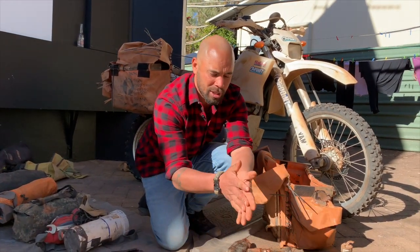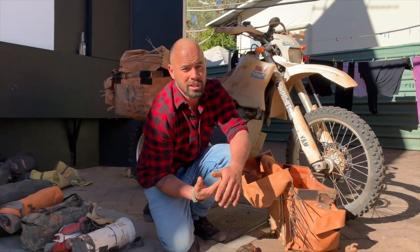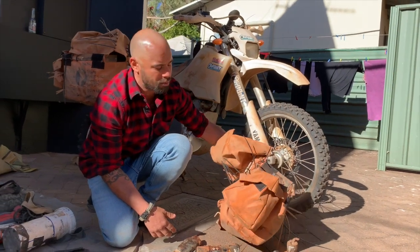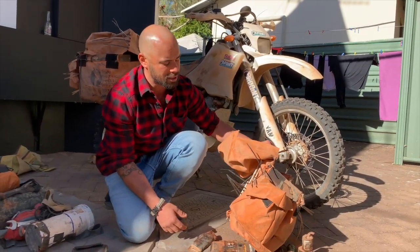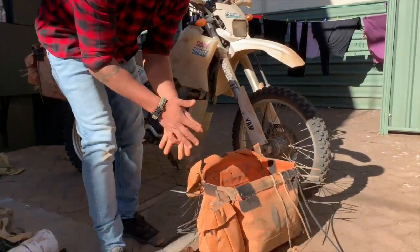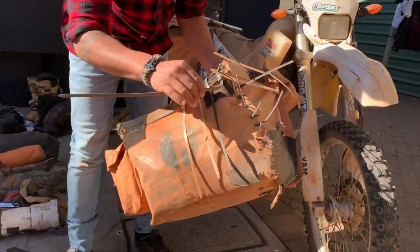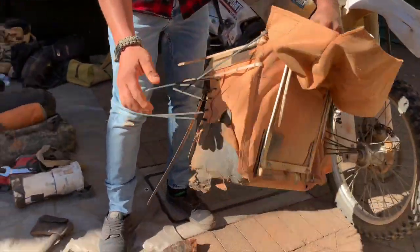So cable ties are your best friend. On the Canning Stock Route and coming across the Great Sandy Desert on the Anne Beadell Highway, I hit a lot of trees, a lot of termite mounds, dropped the bike, the saddlebags exploded. So I've pretty much used cable ties to hold my saddlebags together. So you can see on this saddlebag, there's pretty much cable ties on every single seam on the actual bag